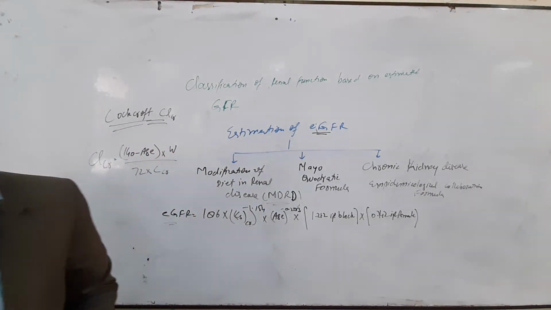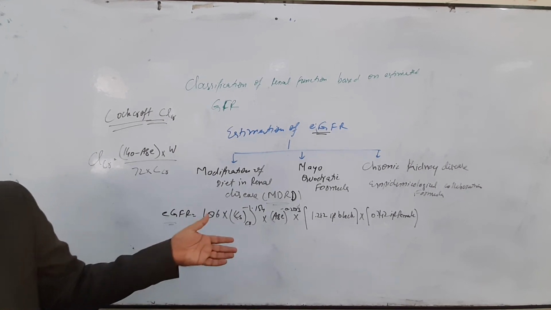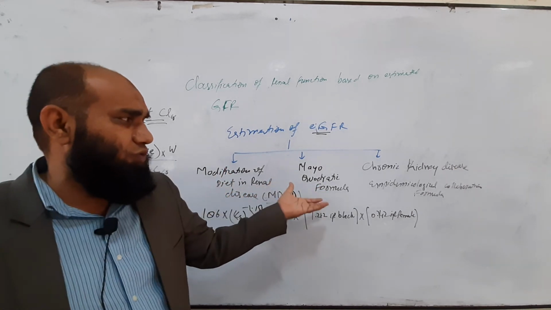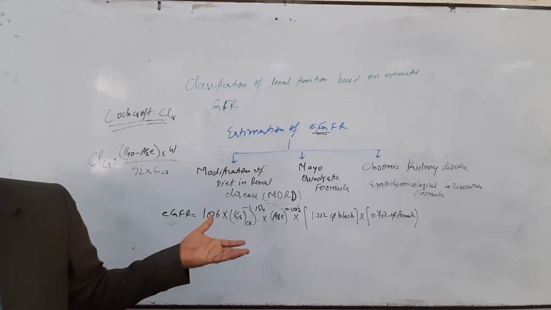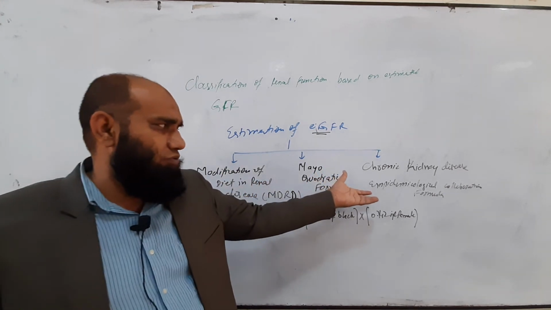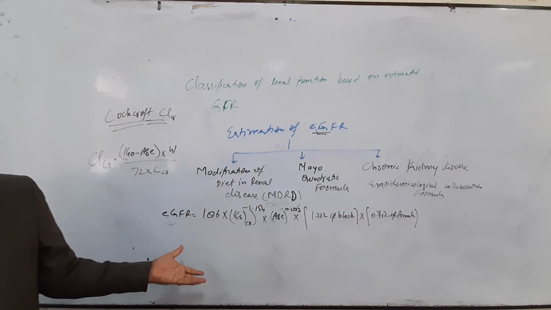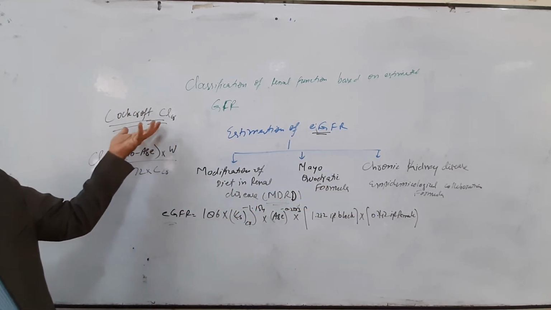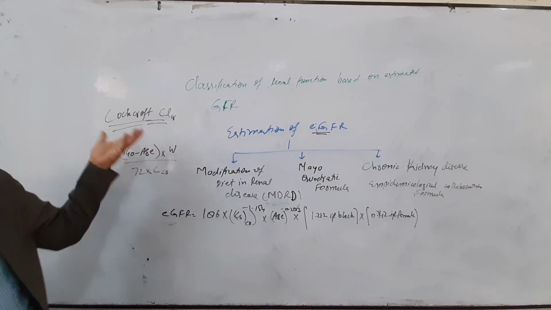Okay, the other formulas, such as Mayo's quadratic formula, is also a lengthy formula, but if you want to see it, you can see it in the Sunil Jambhekar book, where details are given, especially for these two formulas. We are not working on that. We are just working with the MDRD method and the Cockcroft-Gault creatinine clearance method, and our comparison between these two.